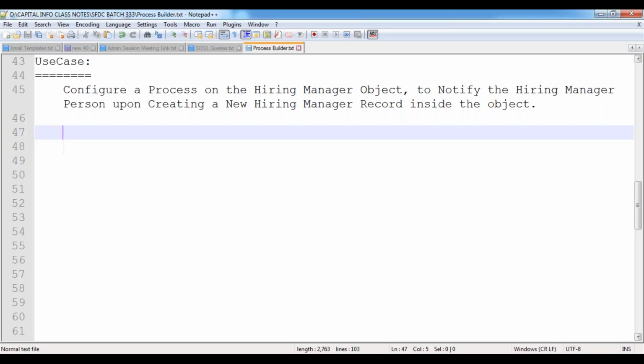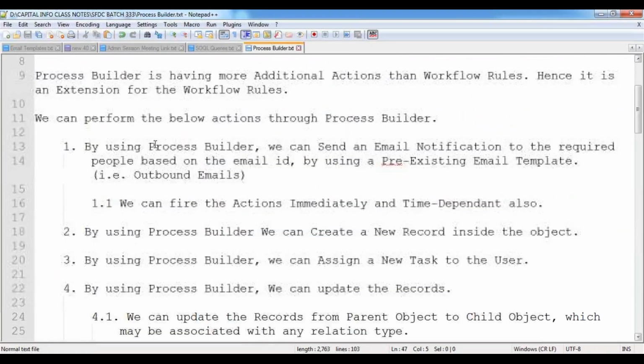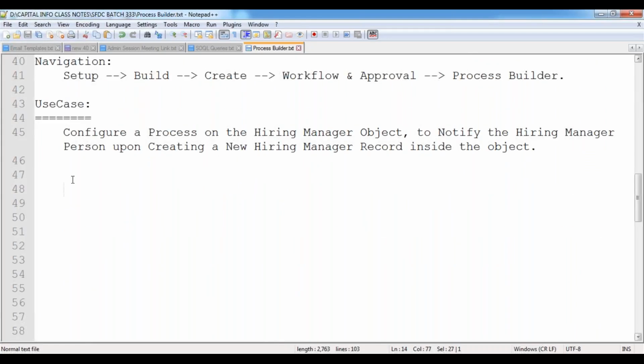Now, whenever you want to send an email notification, first of all, we need one email template, right? That's what I have given in this note point also. Through Process Builder, we can send the email notification by using an existing email template. The email template is mandatory. We have to prepare that email template first. So as a step one,